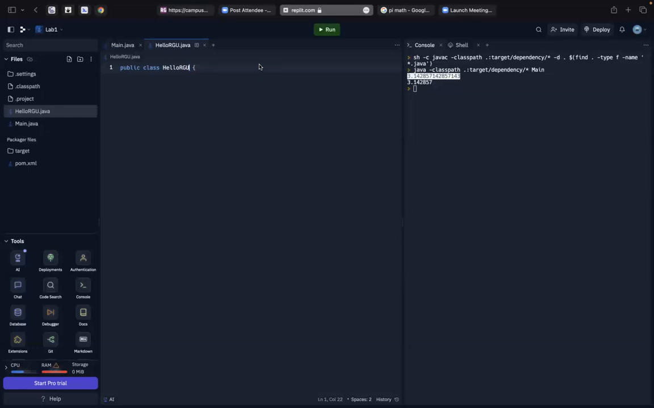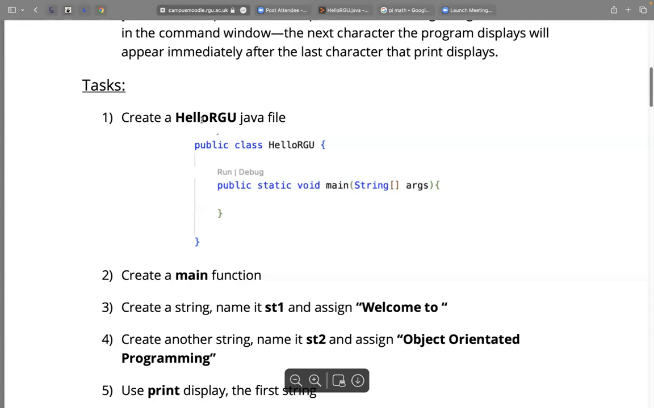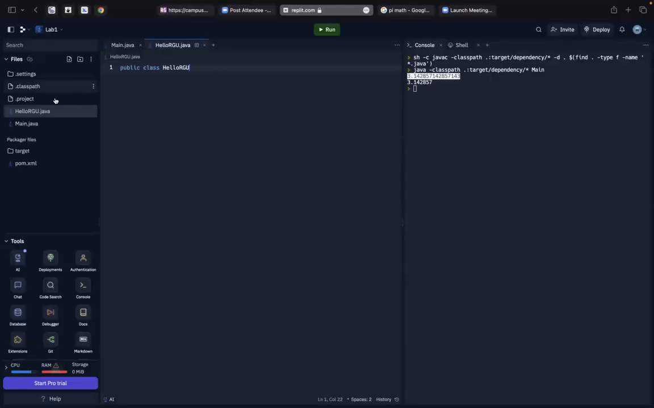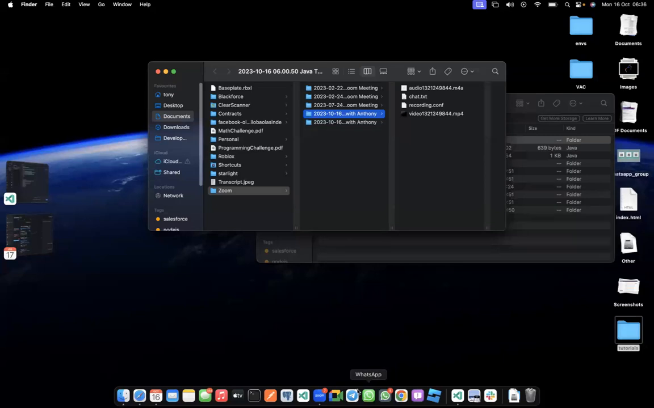So what I was saying is, let's go back to the class. It says we should create a file called LORGU. So that's what I was trying to do. Create a file. Just click on, if you're using Replit, if you're using VS Code, I don't know if my